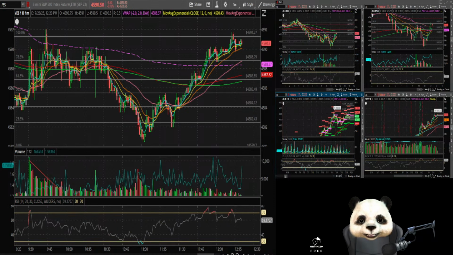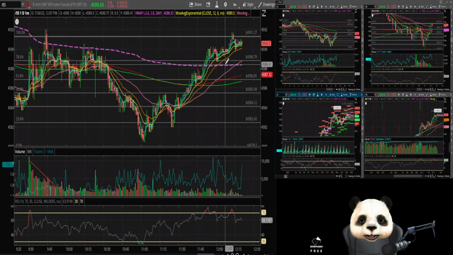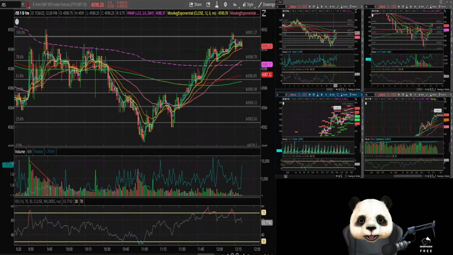Any other questions? Oh, time frame. I missed the time frame, sorry. I think I have it pulled up on my screen. For time frames, I'll use my main chart, which I'll trade on, or sometimes I'll be trading on a tick or second chart. My main chart, with the most size on my screen, is a 1 minute chart, and then I'll have 5, 15, 1 hour, and a daily chart.